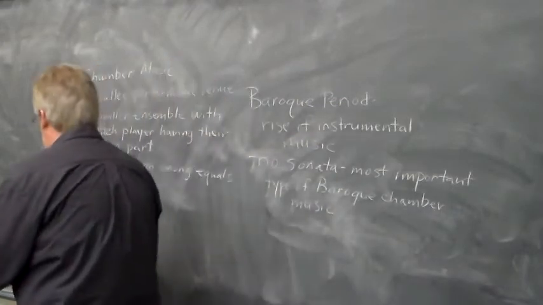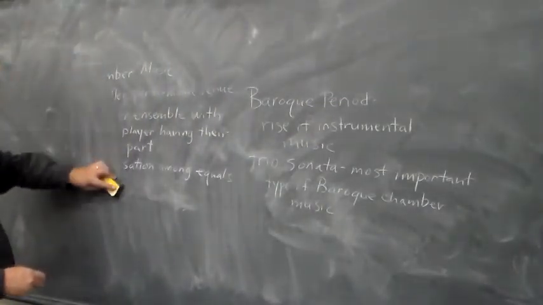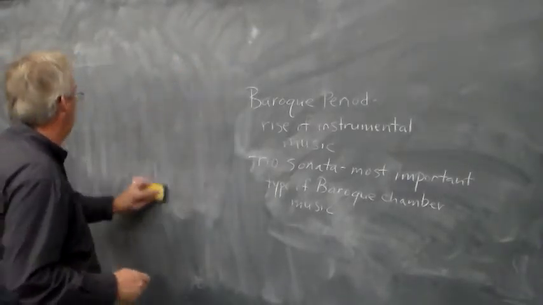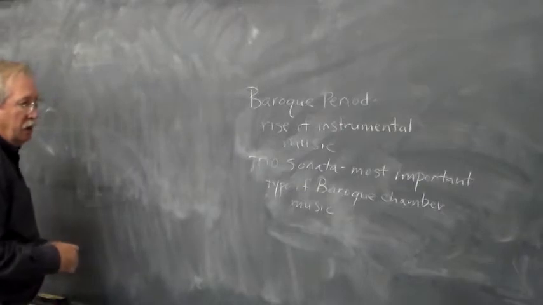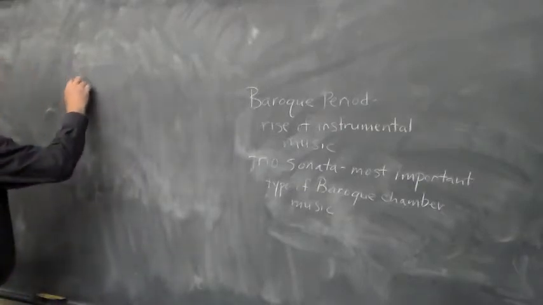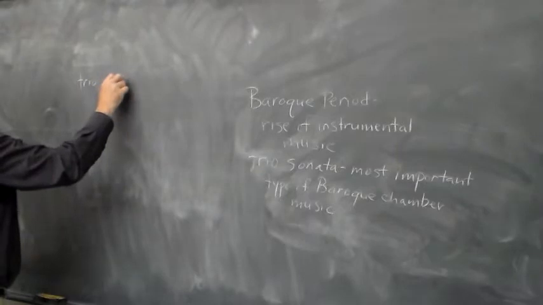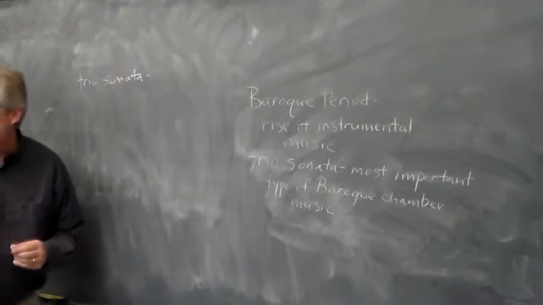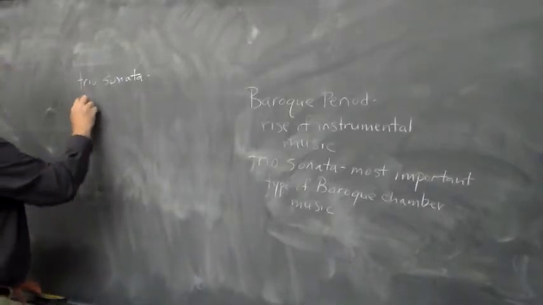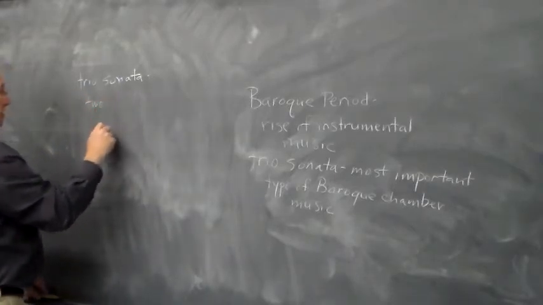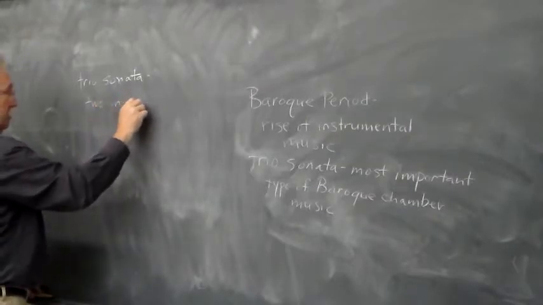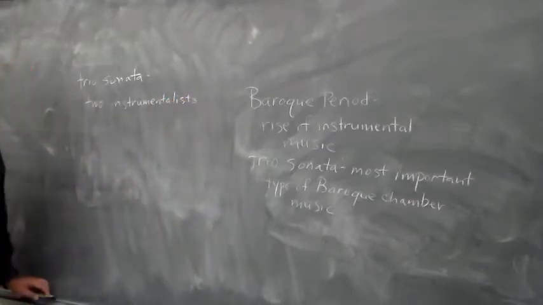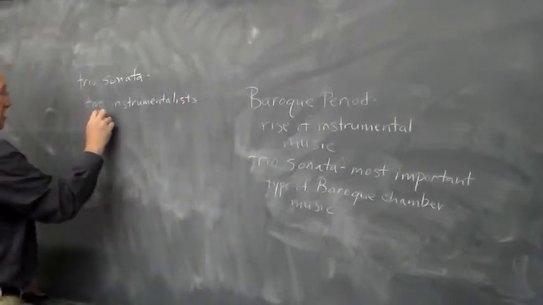So what we're going to do today is to look at a couple of the trio sonatas that were written by Arcangelo Corelli, who's a very important Italian composer. But before we do that, let me just give you a little bit of background on a trio sonata. So a trio sonata is scored for two instrumentalists. So with Corelli, he wrote them for two violins,